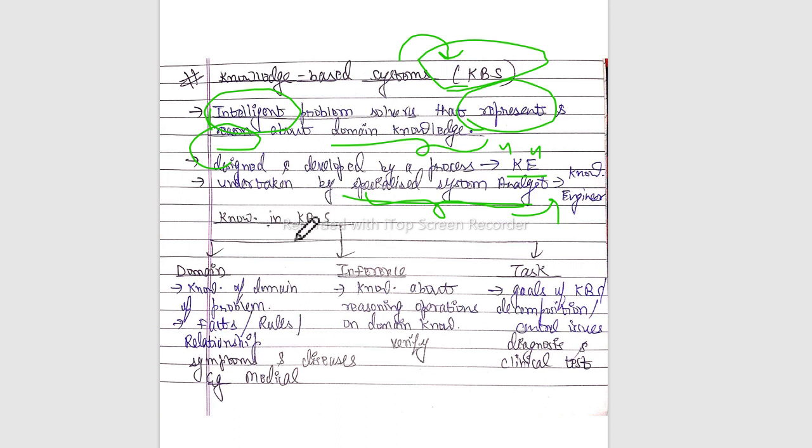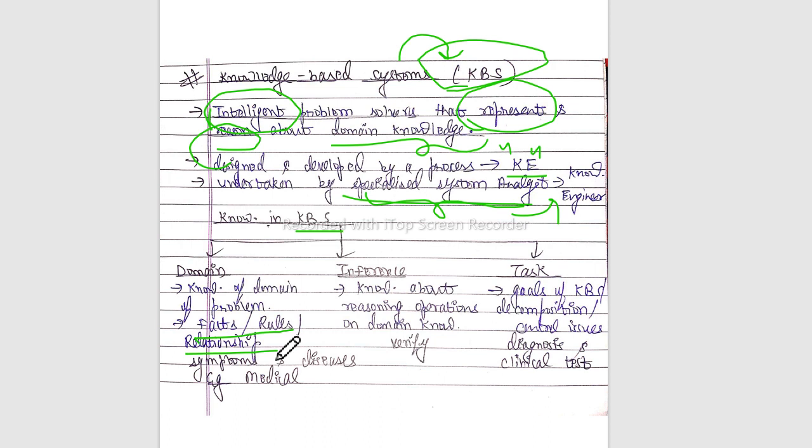Now, the knowledge in a knowledge based system is categorized in three categories. The first one is domain knowledge, second is inference knowledge, and third is task knowledge. For this as well, let me take an example. Let's say there is a medical domain, as I took the example earlier, and we are going to predict a particular disease. So the domain knowledge is knowing the facts and rules of that particular disease, the relationship